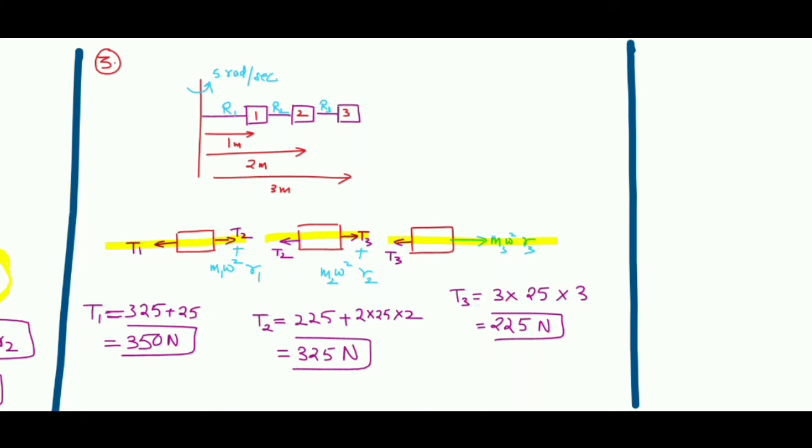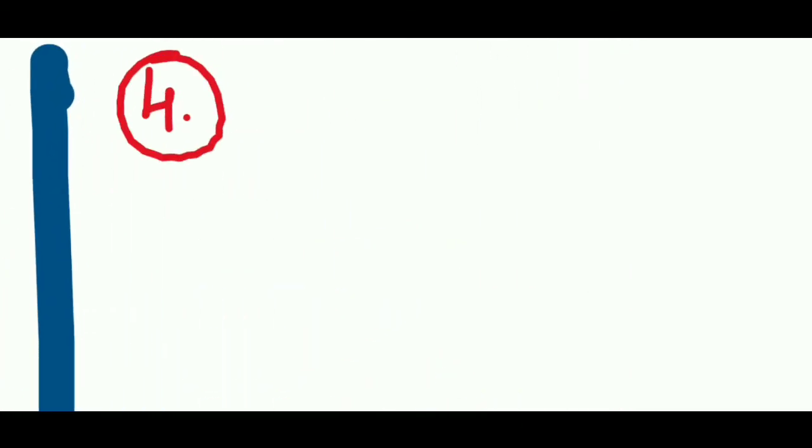Now let us take some other type of example. In this fourth question, we'll do a vertical circle question. Take one hinge point. This is my hinge point, and one rope is attached to it. If you hinge a rope somewhere, it will just loosen up and lie like this.